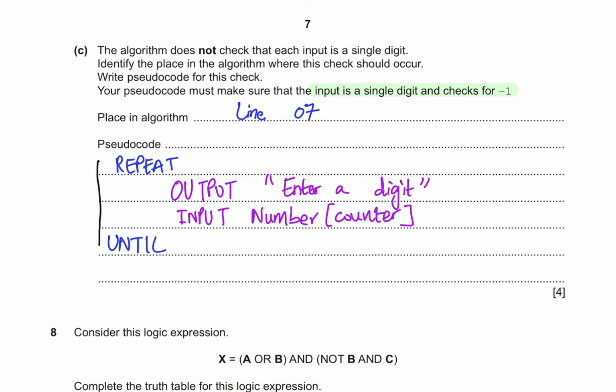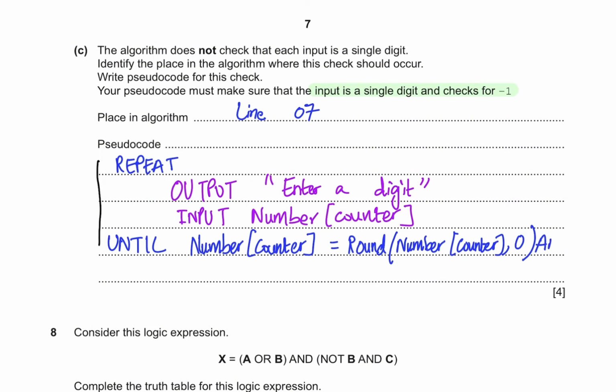So the answer will be until number[counter] is equals to round(number[counter]) and number[counter] again is equals to, it's checking for -1, so it should be -1,